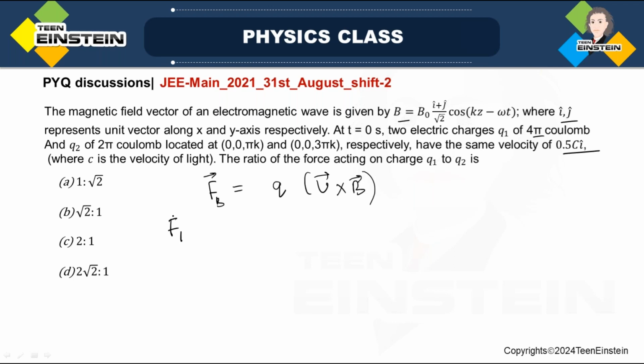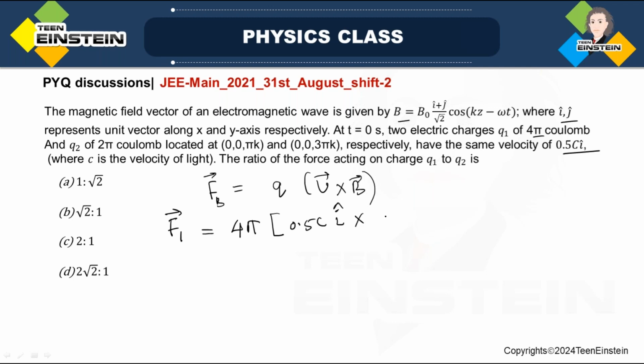Let me write that as F1. Q1 is 4 pi coulomb, so let me write this charge 4 pi. V is 0.5 c i cap,